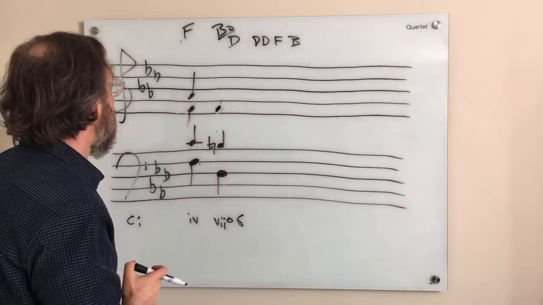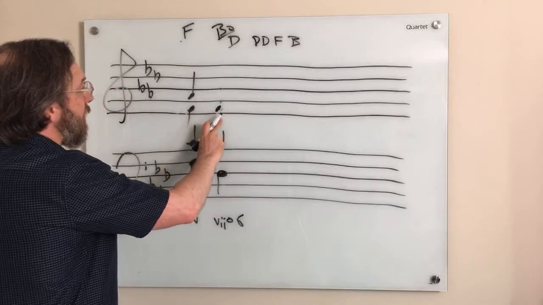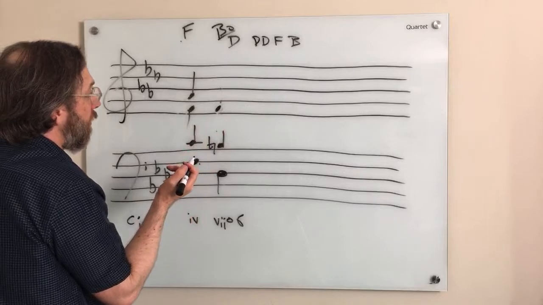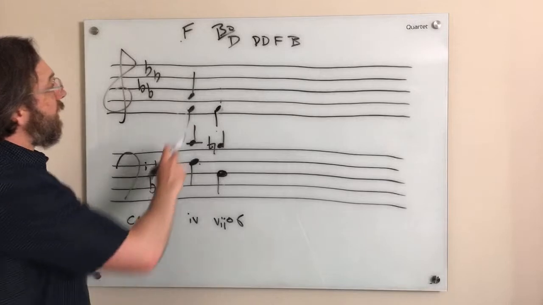That's actually the only option, right? The only option it can have is to stay, because it can't go to D, and it can't jump to B because that would be a leap of a tritone. So it has to do that, which then means that this A flat,